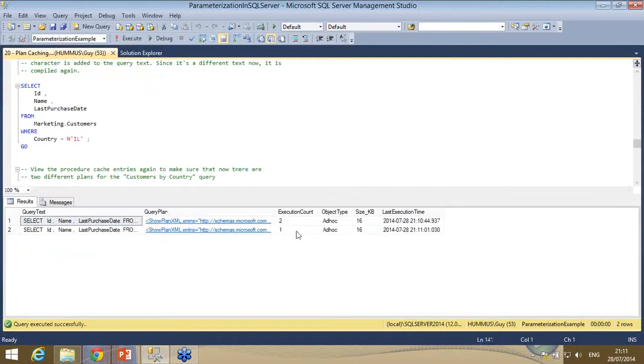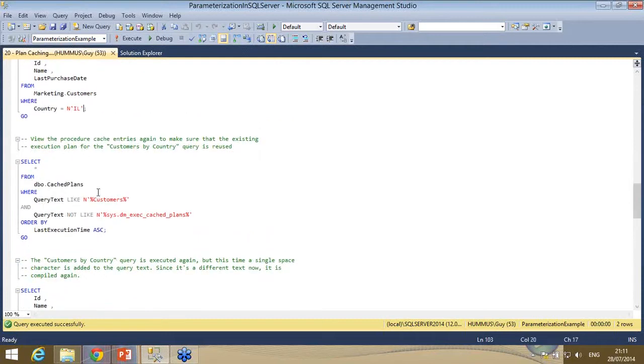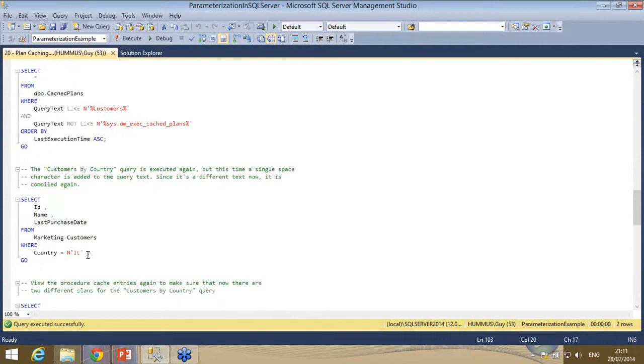Oops, we get another one. What happened here? The reason we didn't have another reuse, and we have another one, is because of this space here. I put a space intentionally. There's no space here, there is space here, and I wanted to show you that each batch that SQL Server encounters